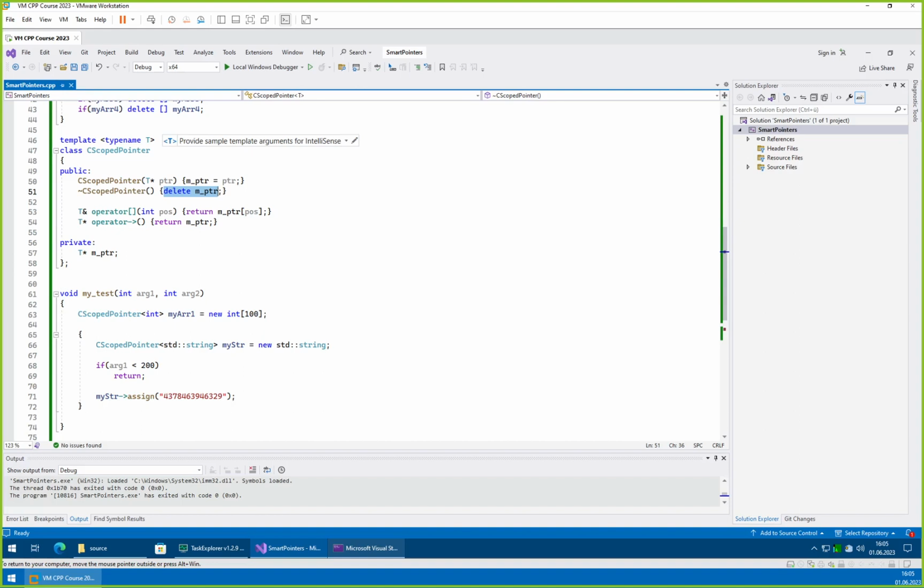So if you would have, for example, opened a file somewhere, then here you could have a close handle, close or fclose, depending on which API you are using. So it is quite a flexible approach. More advanced smart pointers exist, and they are in fact part of the standard template library, and they should be used nowadays whenever possible, since